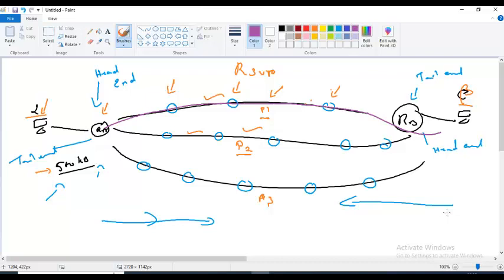Now RSVP confirms that, yes, I have the bandwidth. Immediately MPLS says, okay, I'm going to help you by giving a label for this path. Take this label, take this label, take this label. Use the label and come to me, I will take you to the other side. Look at how smartly it is working. Those paths were not in the MPLS table earlier, so no labels were there for that P1 path. But as soon as RSVP and MPLS find that there is another path with enough bandwidth,